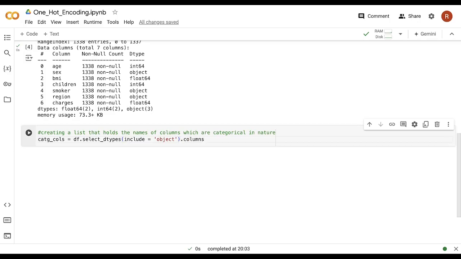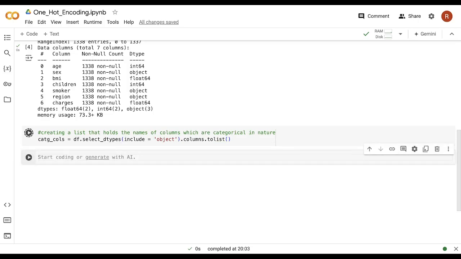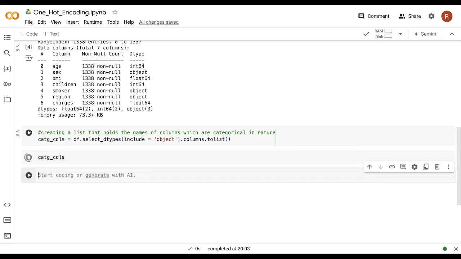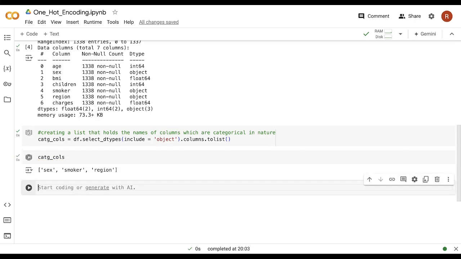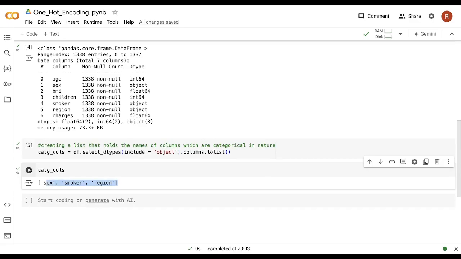And as we are converting it to a list, I will give the tolist method here. Let's run that and see what data this variable holds. As you can see, it has smartly extracted all three columns which are categorical in nature, which are sex, smoker, and region.